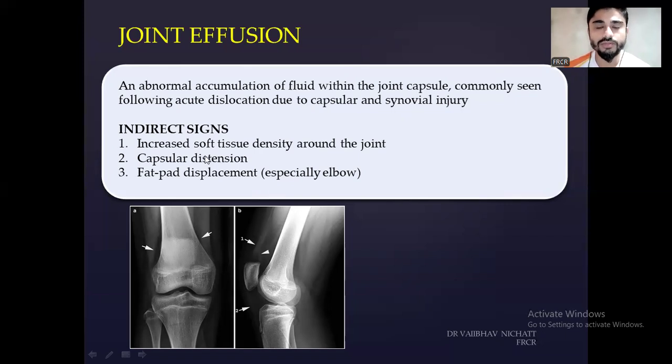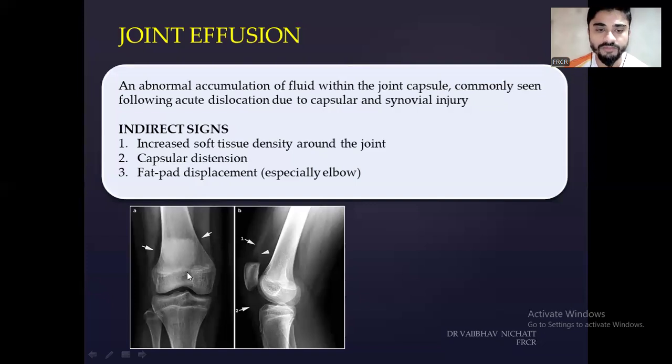Mentioning joint effusions on the radiograph is difficult, because it is not an MRI. There are only indirect signs to mention joint effusion in the radiograph. These indirect signs are there. You might see increased soft tissue density surrounding the joint, radio-opacity surrounding the joint. You might be seeing capsular distension or any fat pad displacement. Fat pad displacement is the most commonly used radiological sign in order to comment upon whether there is